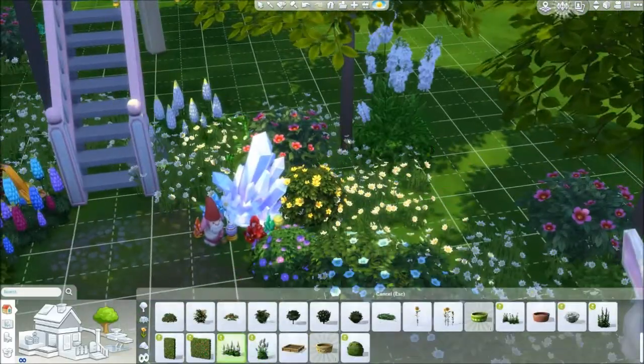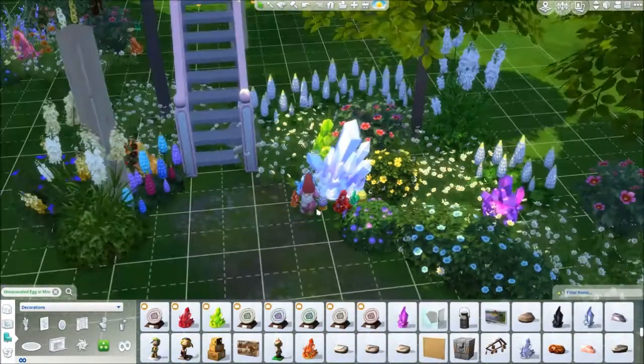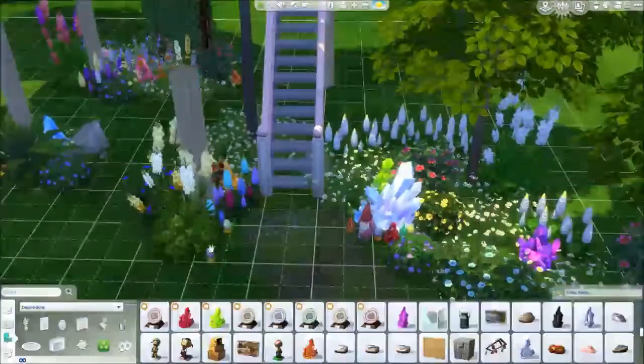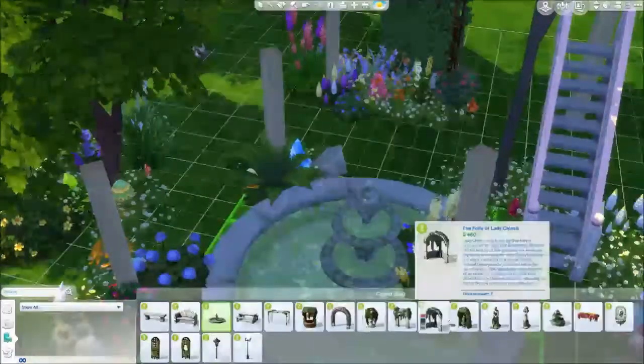So, doing a little thing, I just remembered I forgot to put a mailbox in. I meant to put a mailbox right next to this big crystal here, and I totally forgot. You guys will have to put one in. I just remembered, dang. Oh well, so there's no mailbox, but the place looks pretty on the plus side, so anyway,